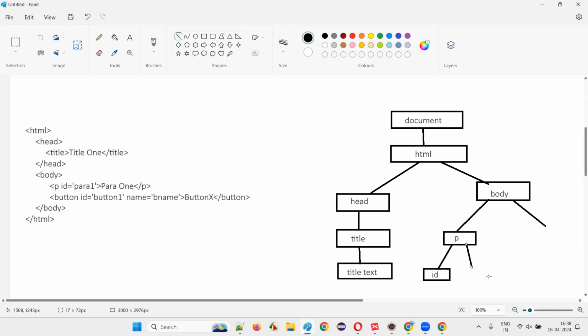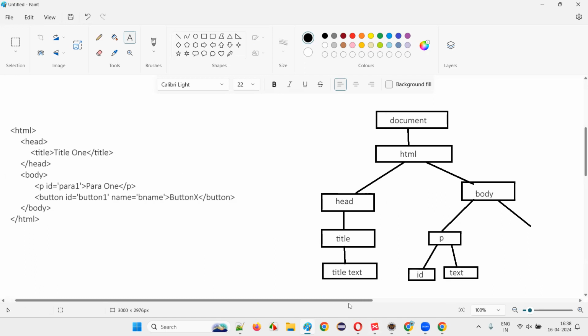Paragraph, apart from the ID, also has some text. So here I have to write text. I'm drawing this diagram patiently. You have to have this basic knowledge, otherwise you'll not understand. Text, okay? And after the text, now on this side of the body section,